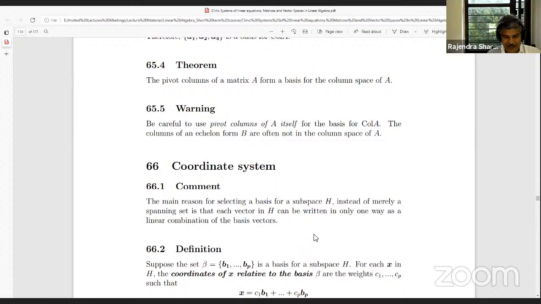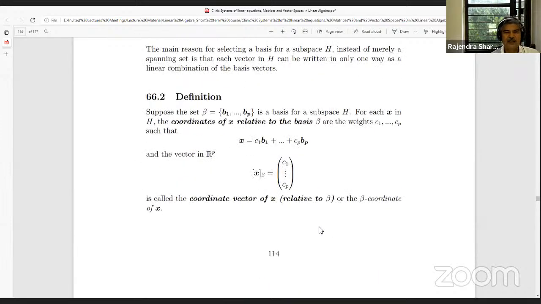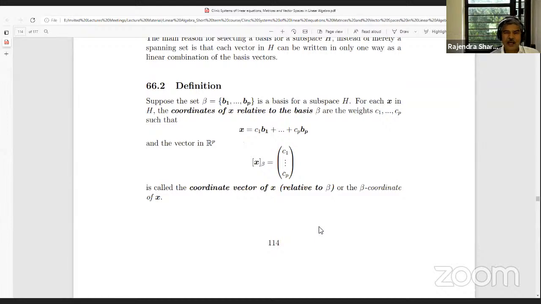Note here that I'm only talking about finite dimensional vector spaces. So every finite dimensional vector space has a basis. What you can prove is that the number of elements in any two bases is the same. And once you have the basis, and if you fix the ordering of this basis, you can also define what is called the coordinates of a vector with respect to this ordered basis, let us say V1, V2, V3. You can write the vector as a linear combination, and this linear combination is unique.